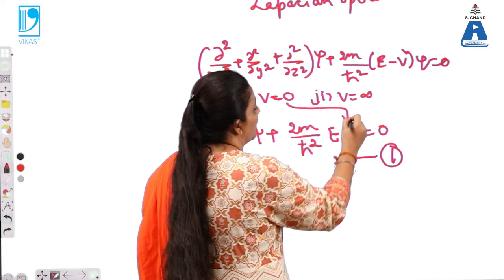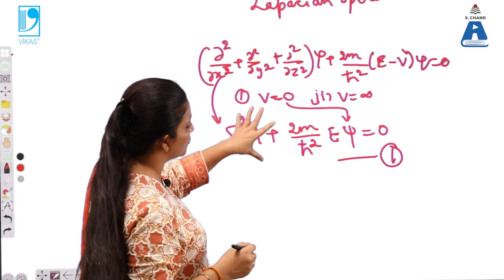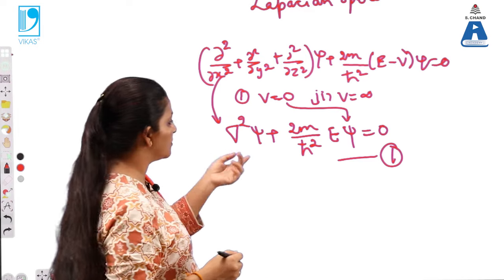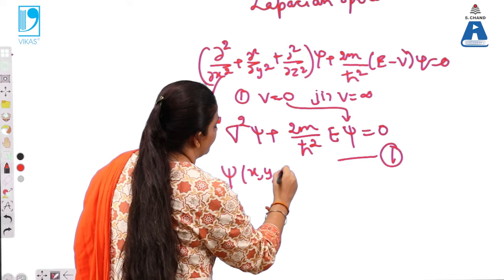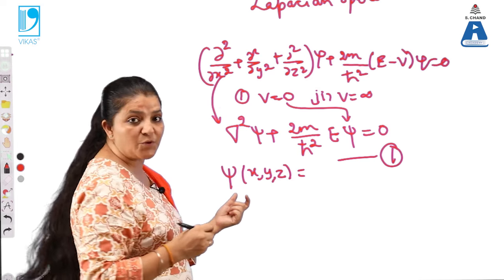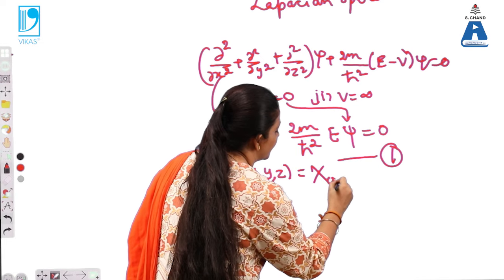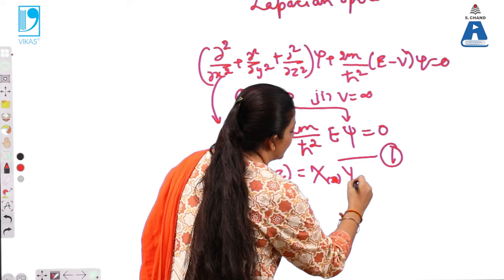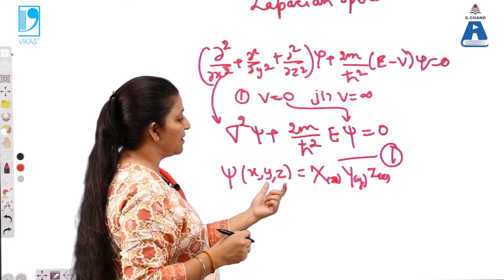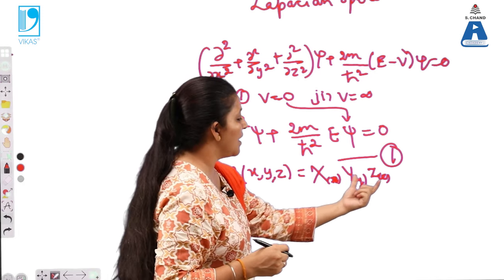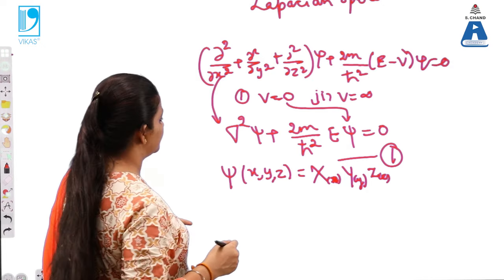So we are applying here boundary condition first, that is the potential is 0 inside the box. Now we want to solve this equation. In order to solve this equation, this psi x, y, z, that means the wave function depends upon these 3 coordinates x, y and z, can be written as multiple of x, multiple of y and multiple of z. Means this psi x, y, z is a combination of x, y and z. Now substitute this value in the equation number 1, then we will get